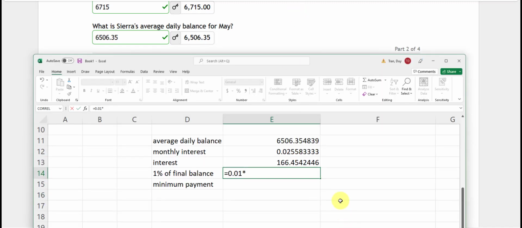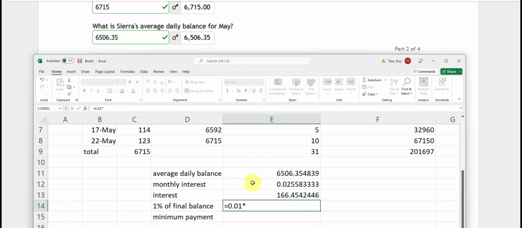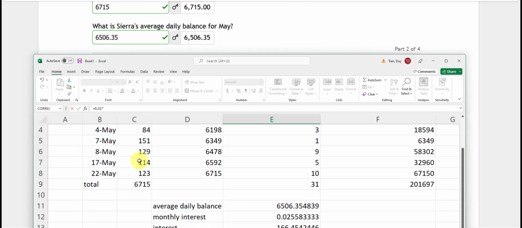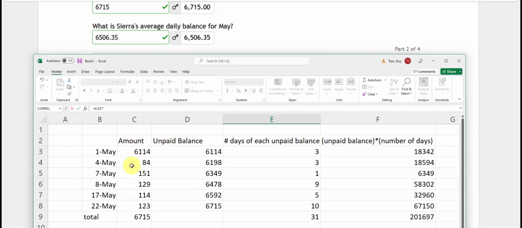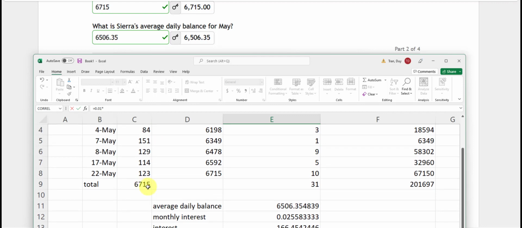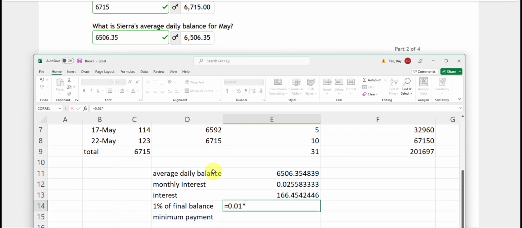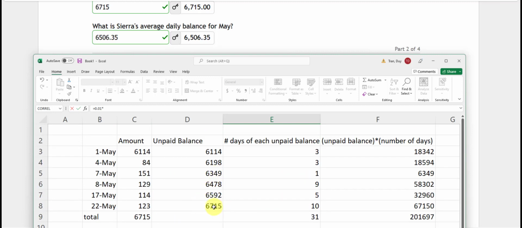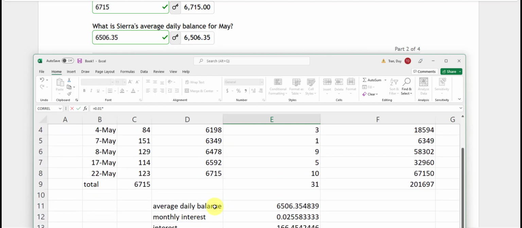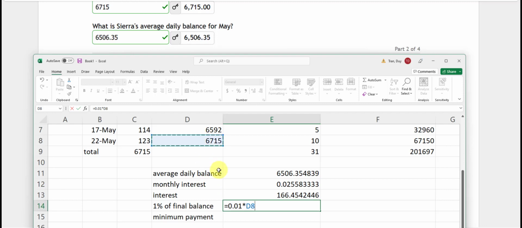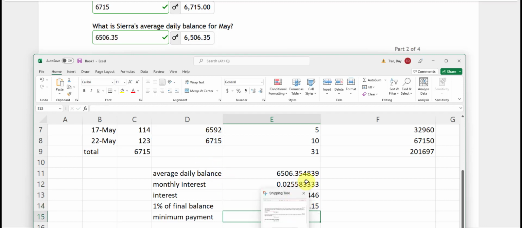So that is the final balance right here, right? The sum of all the amounts, which is this number right here. The unpaid balance is right here, 6715. So we will multiply by this amount, right? And this is what we have,